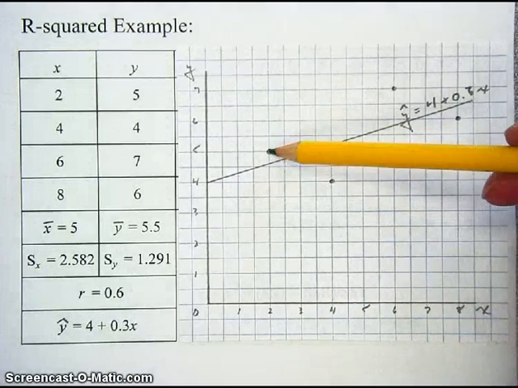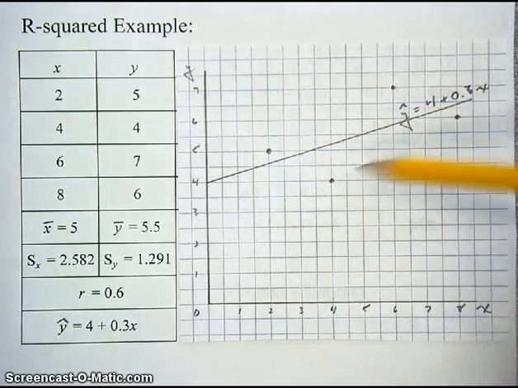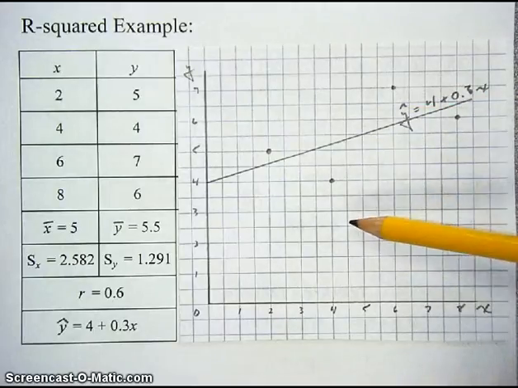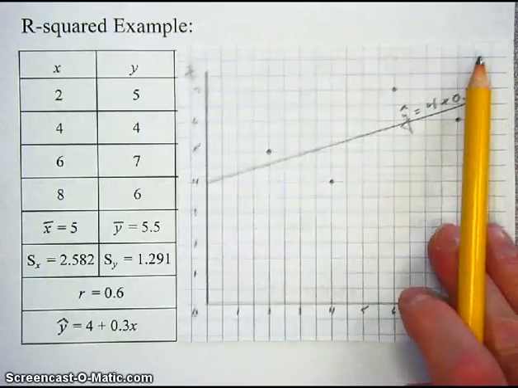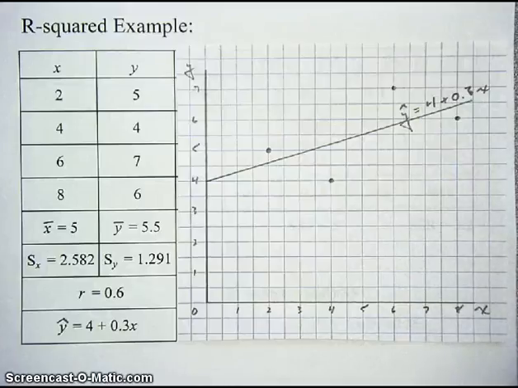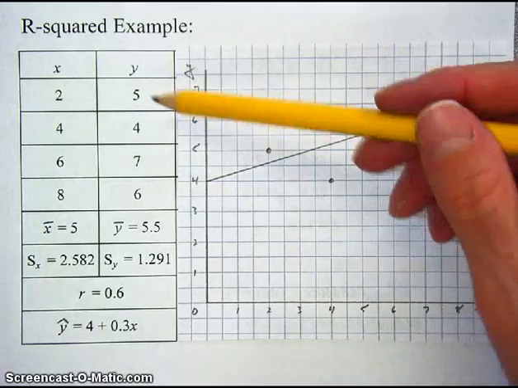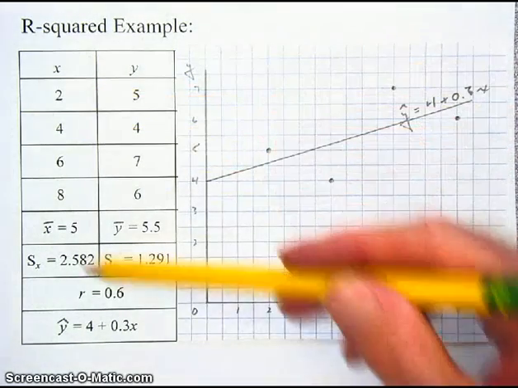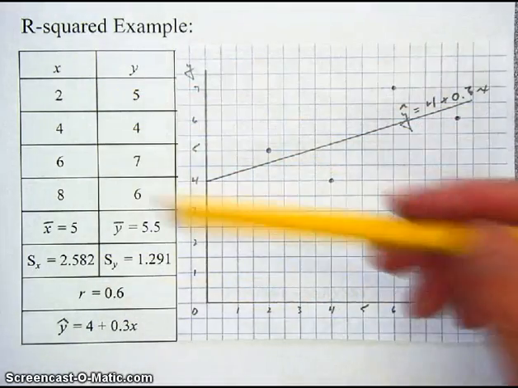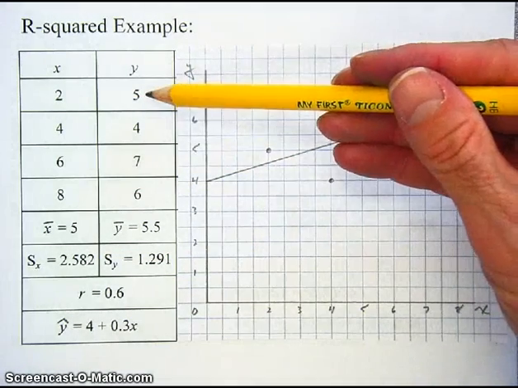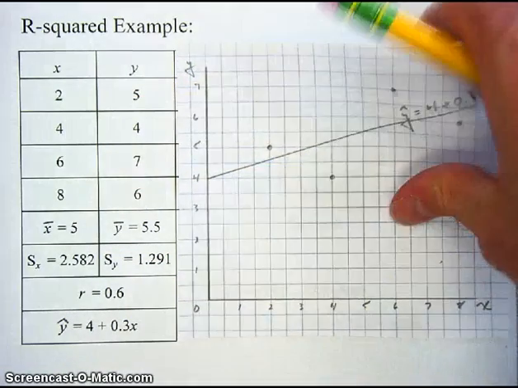And you can see this point has a positive residual, as does that one, and these 2 points have negative residuals. Okay, so the line didn't fit all the points perfectly, so it's not going to explain all of the variation in y, but let's figure out what fraction of the variation in y the line actually accounts for or captures. Okay, the first thing we're going to have to do is find these residuals, and you can do that by plugging in these x values into here and then subtracting those predicted values from these,